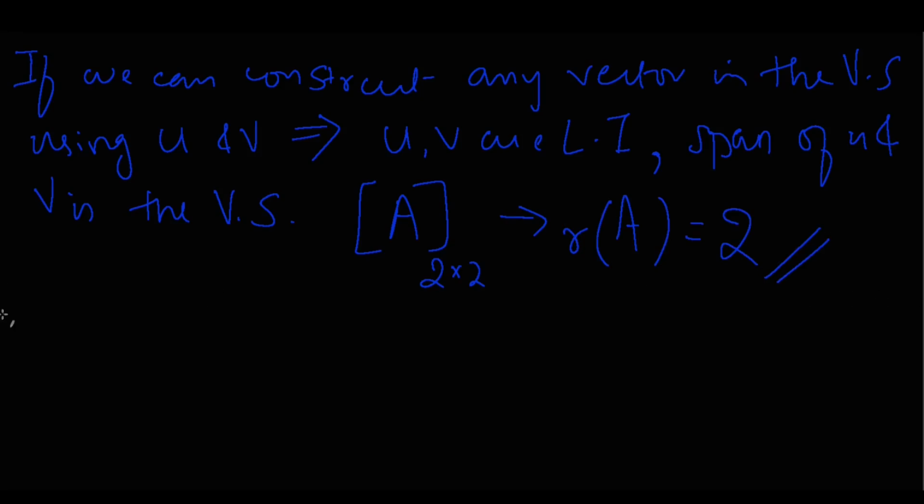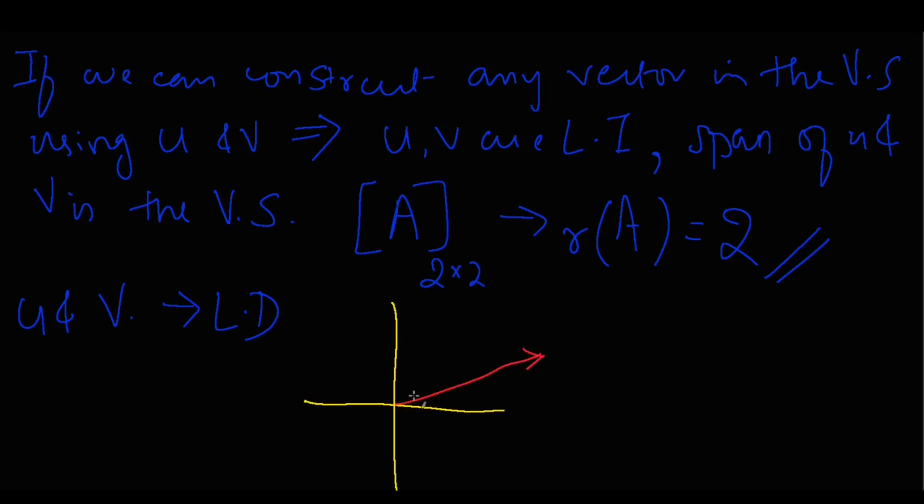But what if U and V were linearly dependent? If U and V were linearly dependent, then it may look something like this. This is our vector space, this is our U, and this is our V. This is V vector, this is U vector,